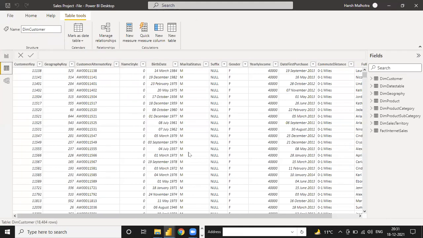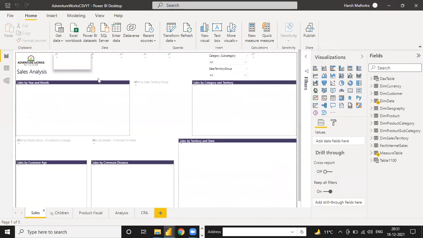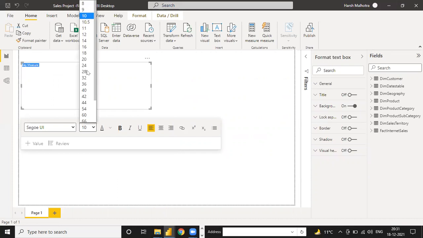So first I am going to open the last sheet which we have, sales. Here we have a lot, but I will start one by one. First I am going to create some key measures. I am just writing here, and then one by one we have to create key measures. Just change the size.